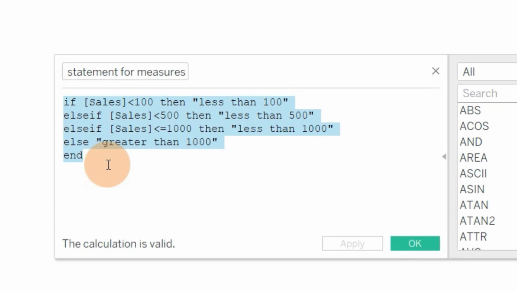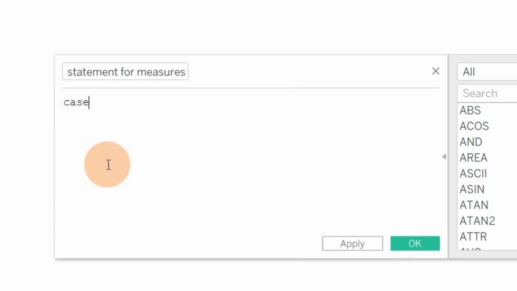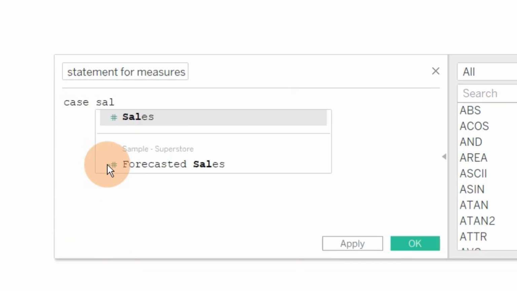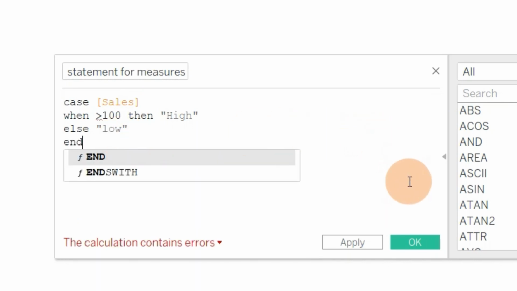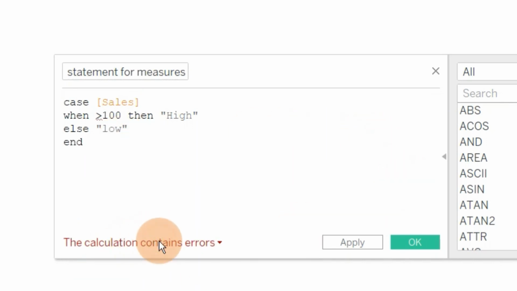So the less than, greater than boolean logics will not be compared in a case statement. Let's try to do that. Let's write case, and here I want to compare my sales values. I will write sales here. So when greater than 100, then let's write high, else low, and I will get an error here.